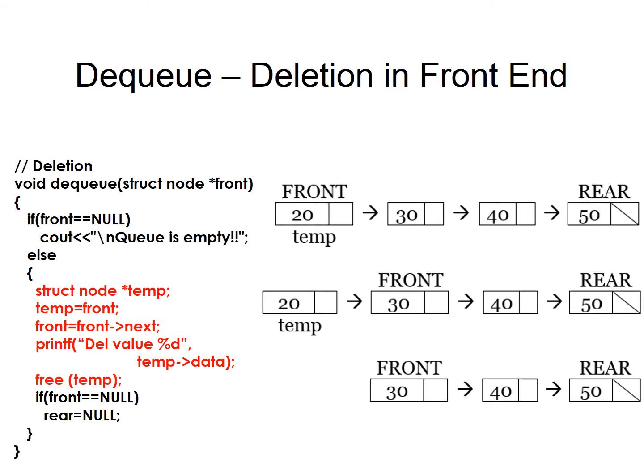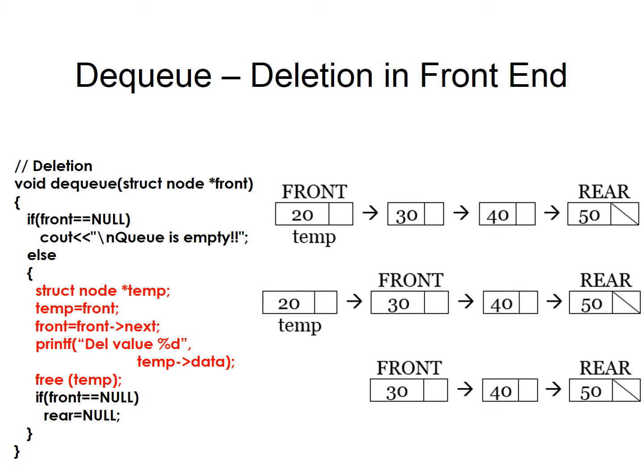We'll take another example to make sure it is very clear. Suppose again I am going to delete 20 from the list. You can see in my double-ended queue I have 4 elements, 20, 30, 40 and 50. So 20 has to be removed because it is the first element. So how do I do it? Assign temp to the front, move front to the next node, that is, from the first node to the second node. So front is equal to front of next, delete the temp value. So the temp node will be removed and the list will contain only 30, 40, 50.